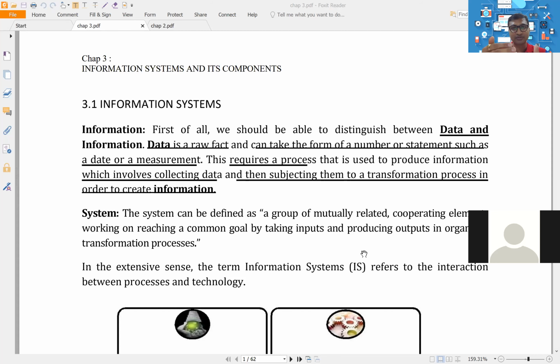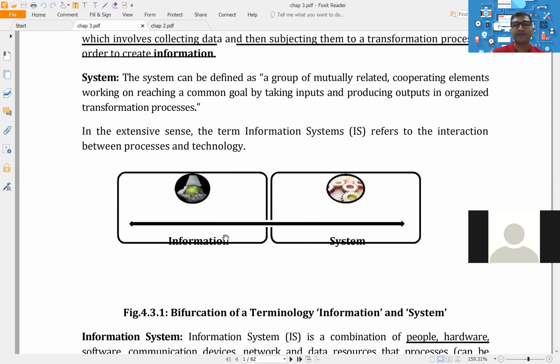This was the three different segments of this chapter. First, information system and its components, which is nothing but the basic parts of the system. Second, all the different types of controls. And third, how to audit these controls. Now initially we started with the basic parts, information system. If you remember in your notes diagrams, information system we divided into two parts. One side was information, another side was system. If you remember, it was something like this: information system.